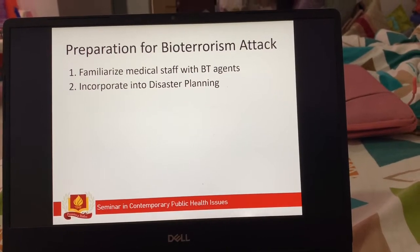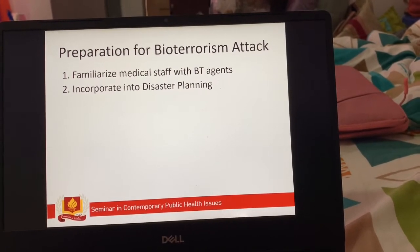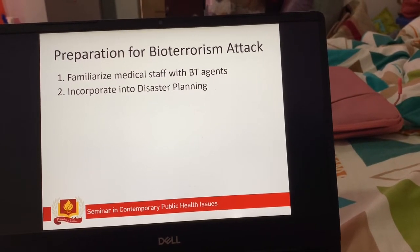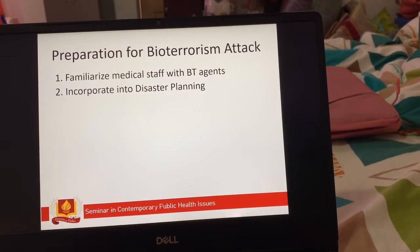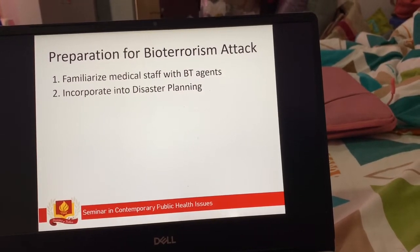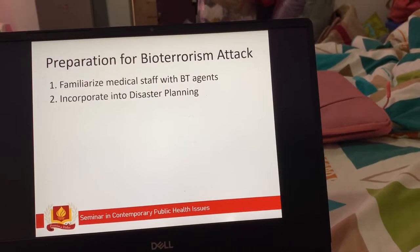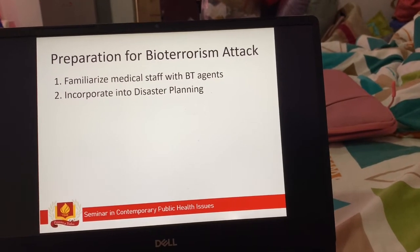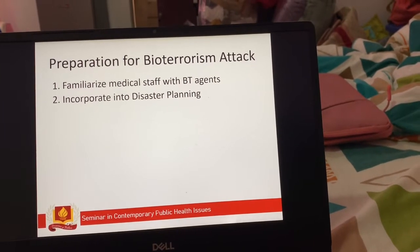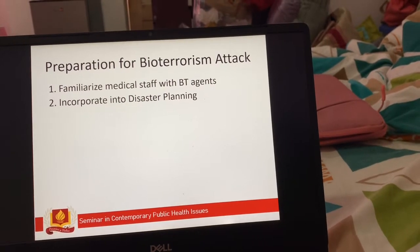It might be helpful to discuss surveillance programs within the hospital with the infection control team. Although all hospitals have disaster plans, they are usually for natural disasters such as earthquakes, floods, etc. Few hospitals have specific plans for some of the things that are likely to happen in a BT, but it could be very helpful to do so. Some things that would be critical in disaster plans include